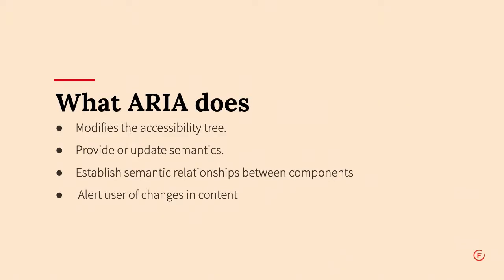Aria does these things. It modifies your accessibility tree. It can provide or update semantics. It can even establish relationships between components. So, for example, let's say that you have two sibling tags, and there's a button that then controls this other widget over here to sort of open and close it. You can actually connect those two with the Aria controls value, basically saying that this button will control